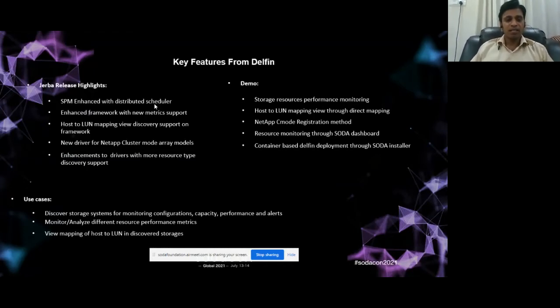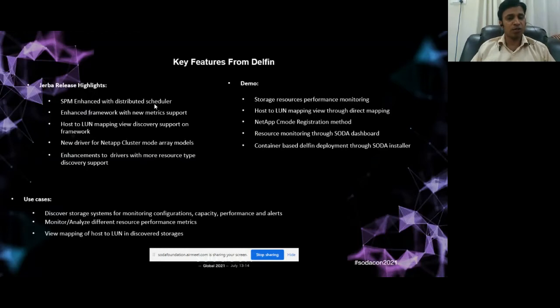In the Jerba release, the storage performance monitoring is enhanced with a distributed scheduler. And Delfin enhanced the framework with new metric support. Earlier we had only device-level metric support. Now we have it at the resource level, like storage pool metrics, volume, disk, controller.